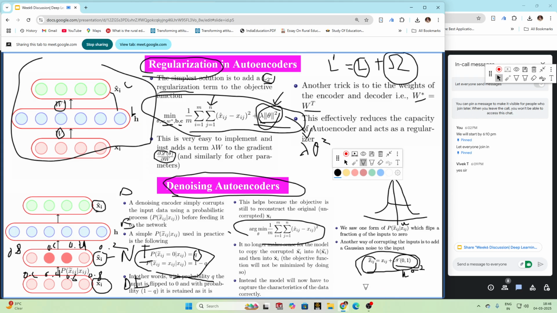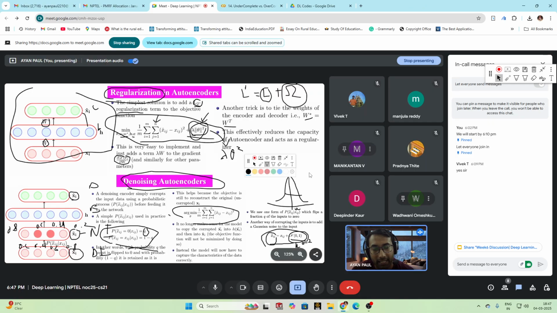So this is the concept of denoising autoencoder. So in short, or in summary, what is a denoising autoencoder? Earlier we had only three layers: input layer, encoding layer, and decoding layer. Now after the input layer, we are adding a noisy layer. What the noisy layer will do is it will add some noise to the input layer, and it will make another layer known as noisy layer. So this is the only difference. Now this noise can be added in the form of Gaussian noise, or by a term called probability. So this is the concept of denoising autoencoders. Okay, so is it clear to all of you?